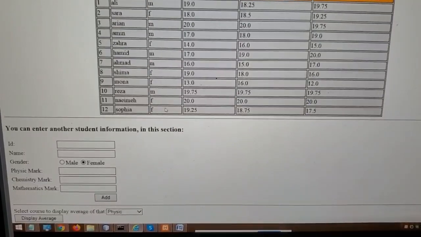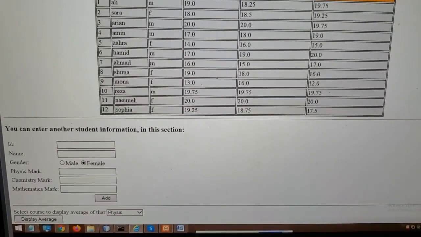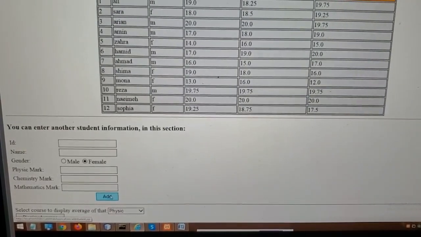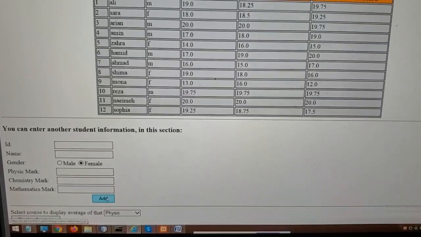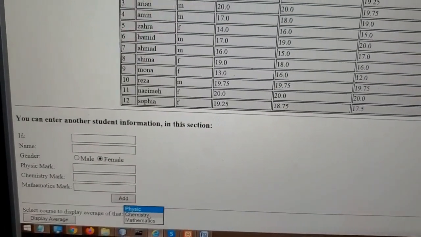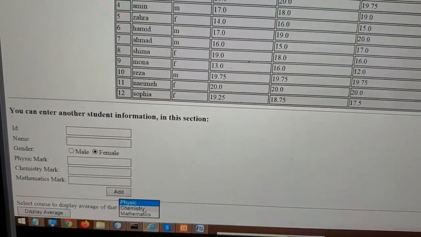And you can see when we press the add button, the new student is added to the table and also added to the database. And here we can see in the database also the new student with the name of Sophia was added, and we can choose the course